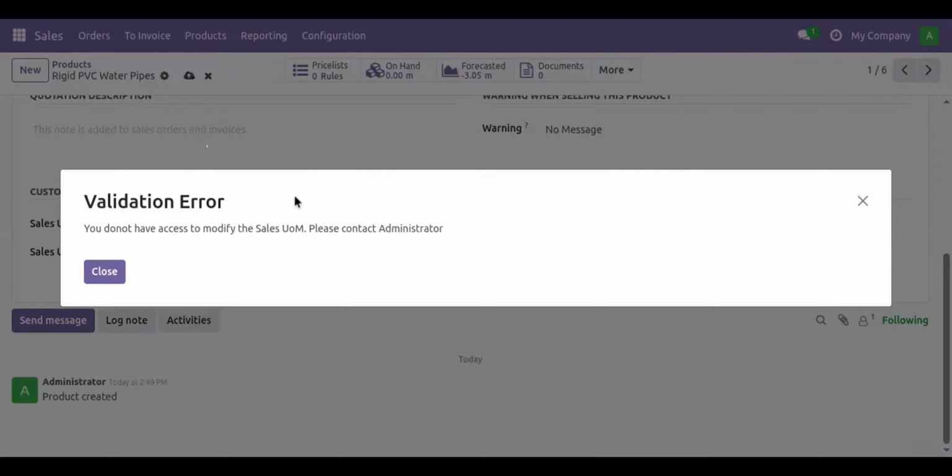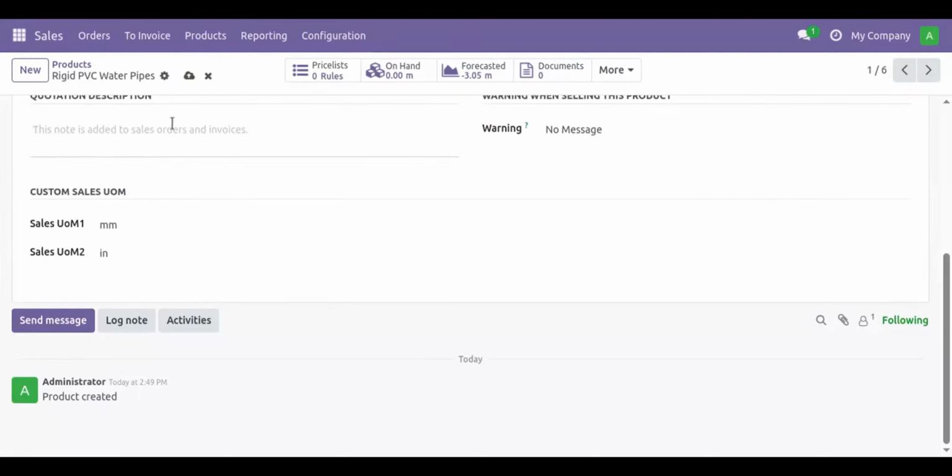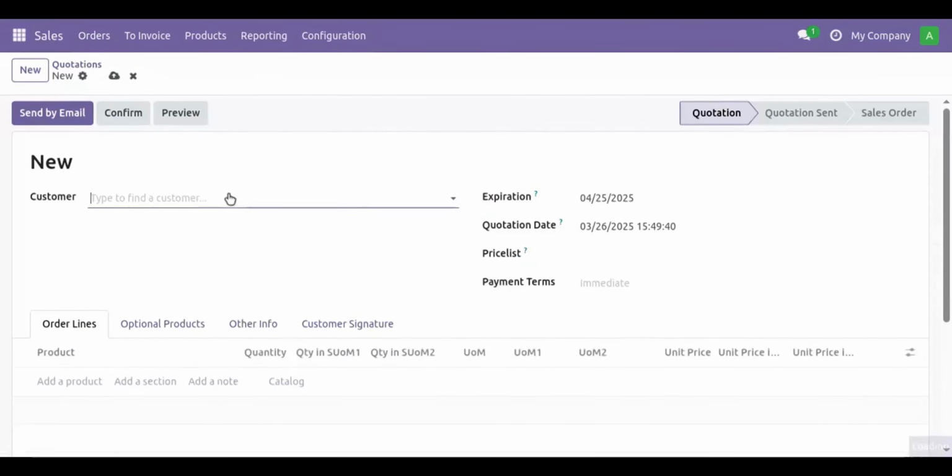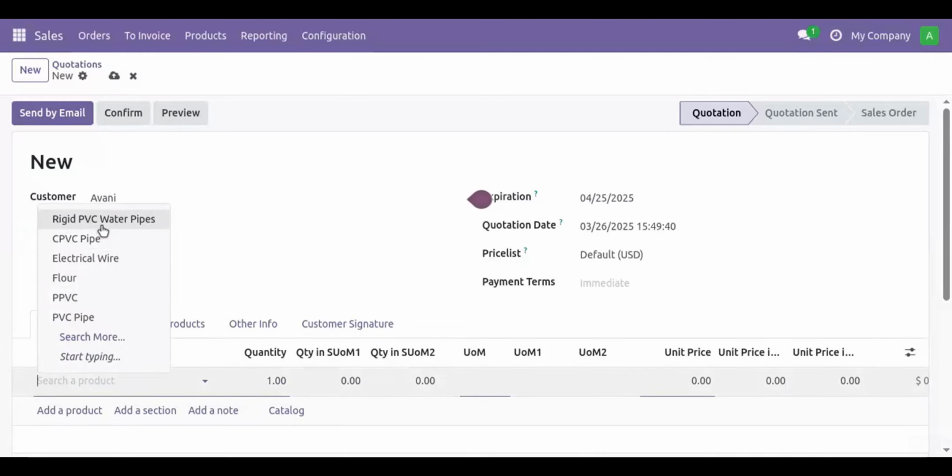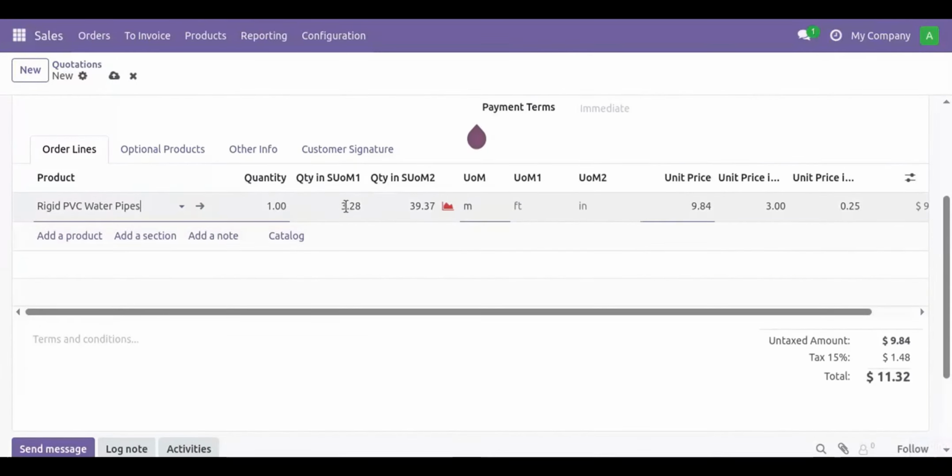Upon saving, we will get a validation error that we don't have the access. And let's see what happens when I'm trying to do a sale order. I can easily change the quantity, but I will not be able to change the unit of measure from here because it is read only.